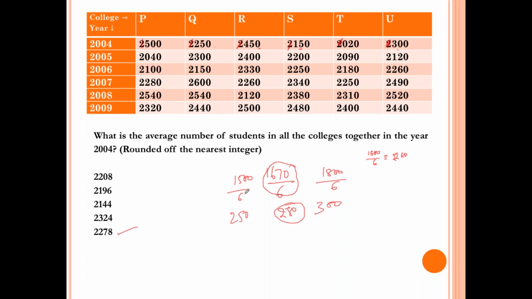See, let us assume 6 friends went out for dinner, right? If the expense is 1500, each one will pay 250. If the expense is 1800, then you quickly calculate that it is 300, and you ask what is the bill. Somebody says it is 1700, so you don't take out a calculator and divide by 6. You say okay, it should be approximately 280, right, or 285. This is how you do it.